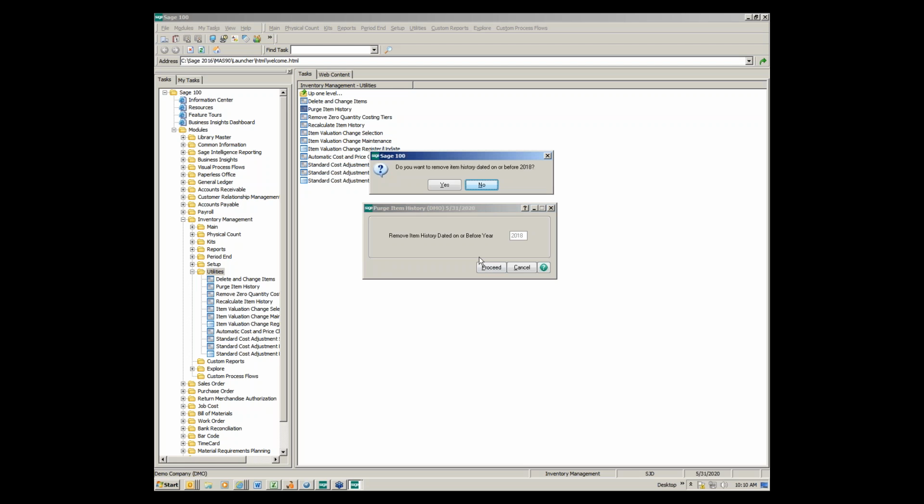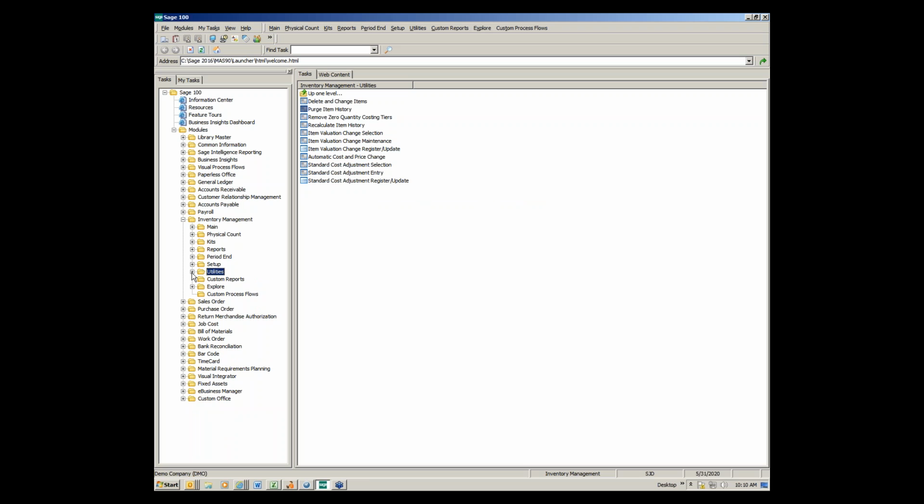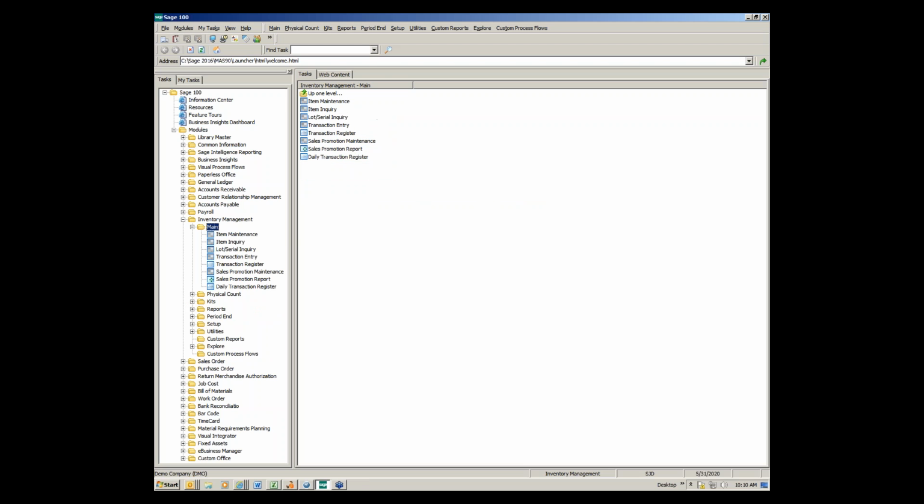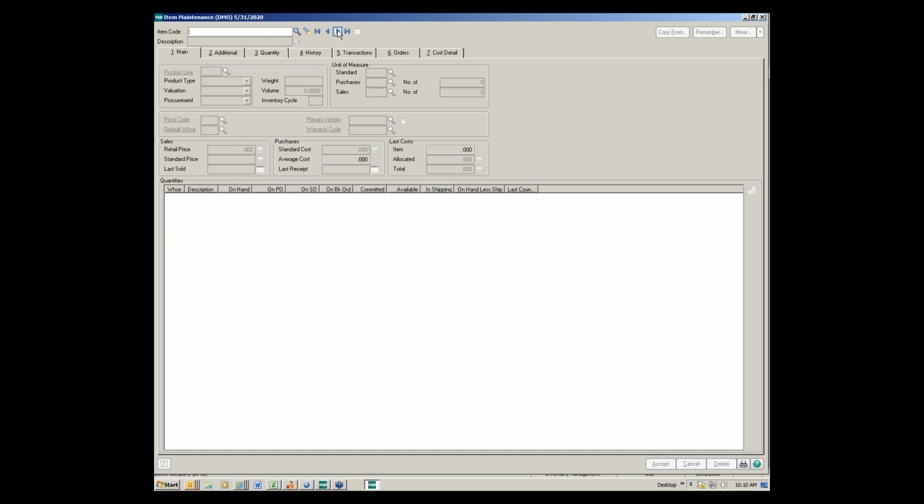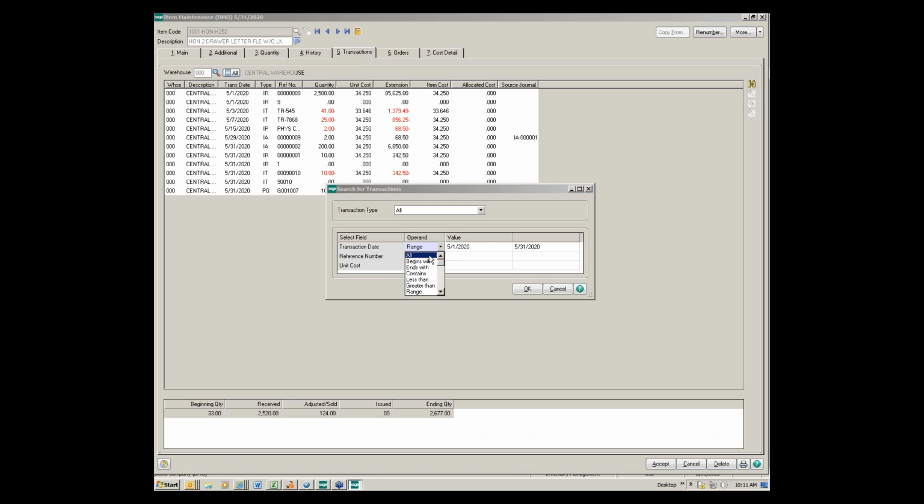So when you go ahead and say proceed here, it'll say, hey, do you want to remove item history dated on or before 2018? And in this case, you're going to go ahead and say yes. Now, I'm going to say no because I've actually purged the history myself. But if I go back into that item, and you got a preview of that a little bit ago, you're going to notice when I choose all,